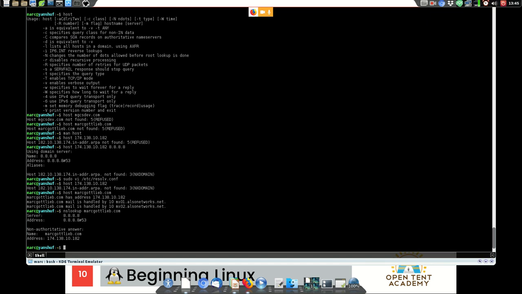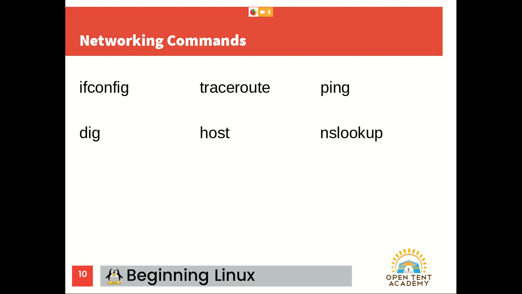These are just different tools that have different specialities. Use the man pages to figure out the difference between Dig, host, and nslookup. I use Dig. I'm aware of these other programs, but Dig just gives me all the information that I want. Kind of easy for me to find it.